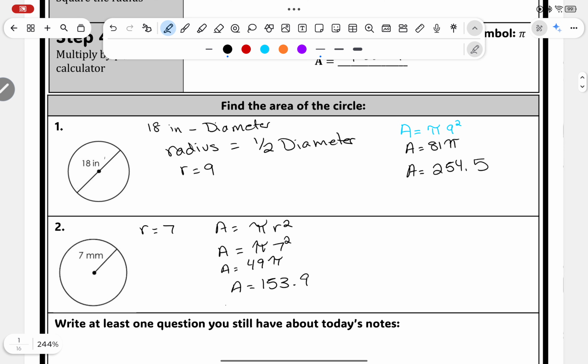Okay, hopefully this was a quick review. Please write any questions you have. If you're confused on the difference between a diameter and a radius, please write it down so we can talk